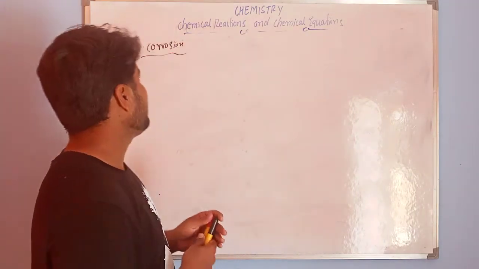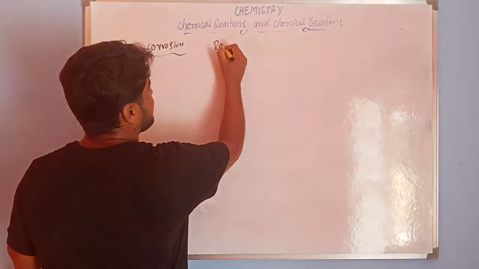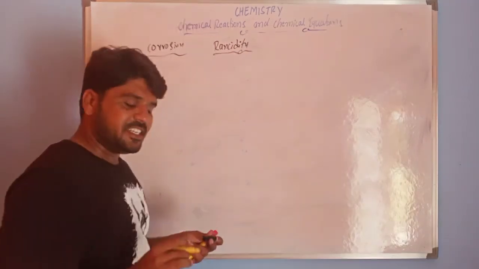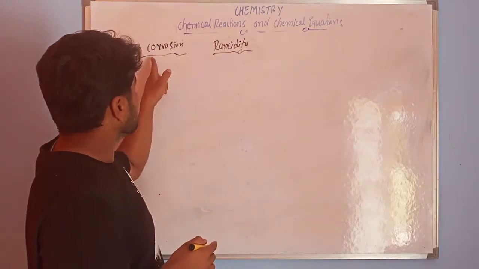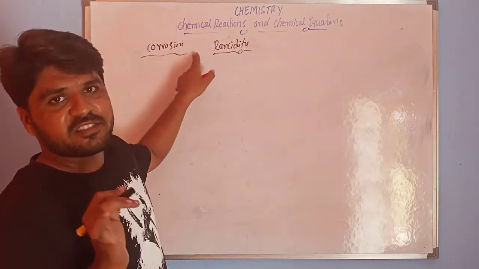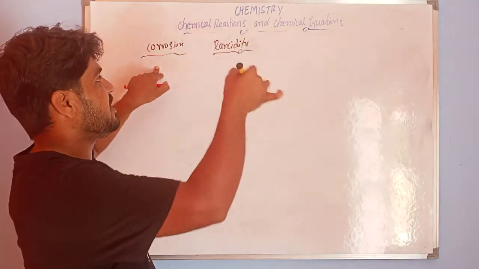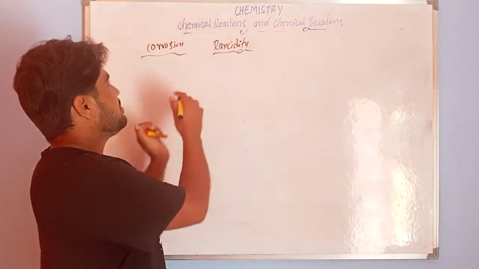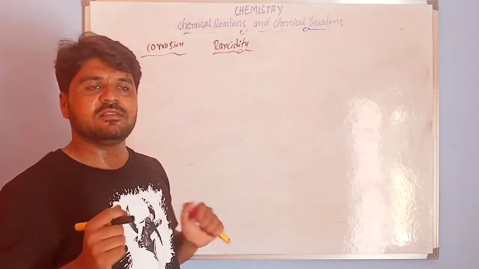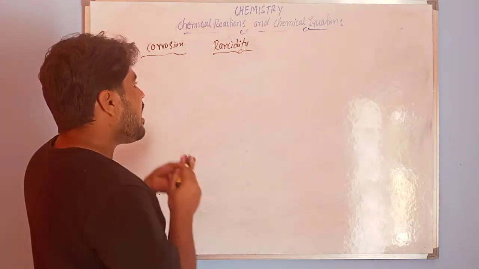Okay. The next is rancidity. So corrosion is a type of oxidation. I already told you, corrosion is a type of oxidation reaction. What happens in corrosion? Metals react with the moisture and give metal oxides. They lose their capacity or properties. This is what corrosion is. Now rancidity, like in oil foods,